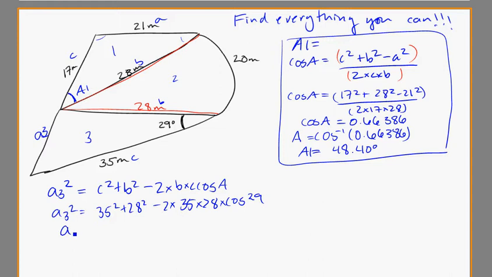So this A3 squared, 3 here just meaning from triangle 3, just calling it one thing, A3, is going to be equal to